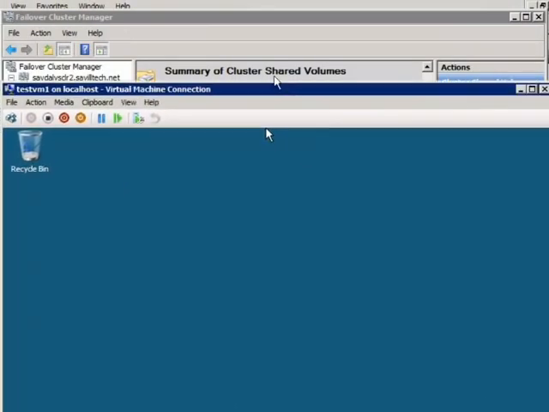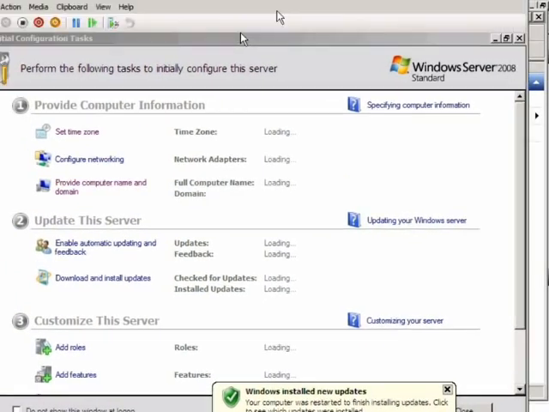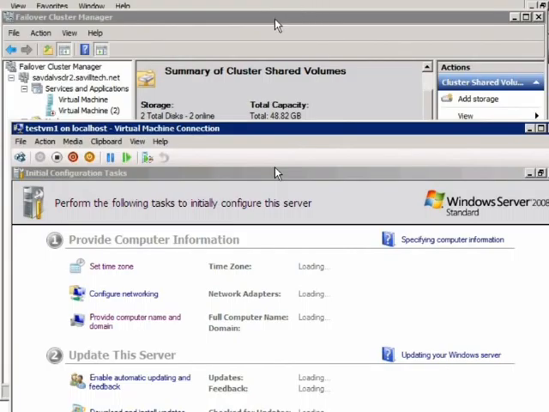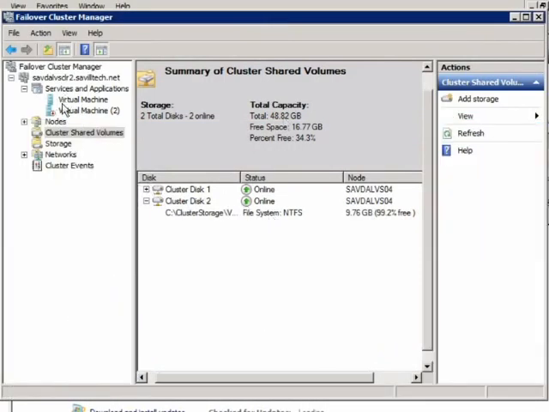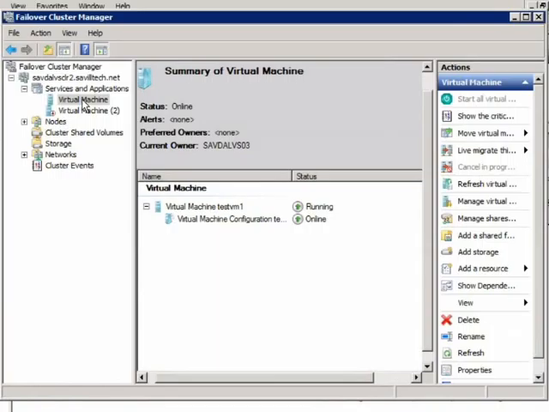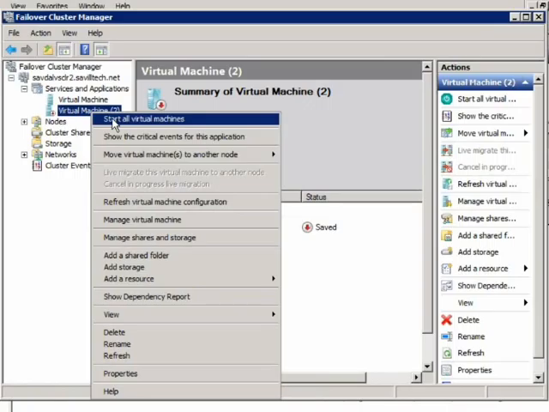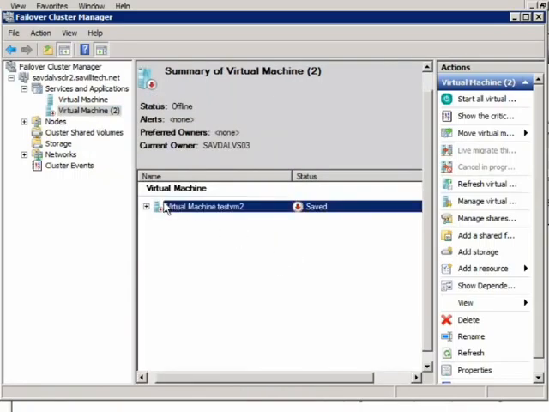So let's actually try live migration. So I jump over to the virtual machine. Oh, no, actually, let's start up the other one as well. So we can actually see that we can have this one LUN, and it's going to be accessed by multiple Hyper-V servers through that one volume and one virtual machine running on each of the boxes. So again,